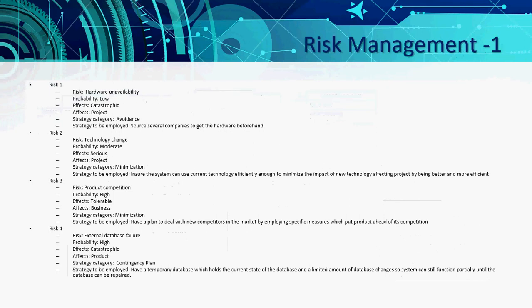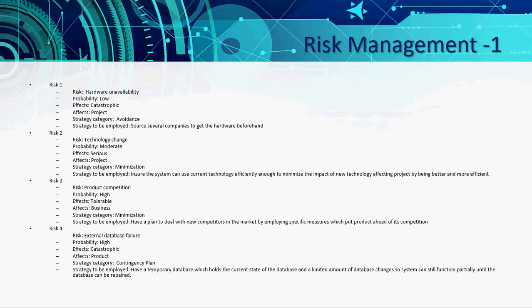Onto the risk management, we have several risks. The first risk that we will outline today is the risk of hardware unavailability, where the probability is very low, the effects are catastrophic, and it affects the project. One strategy category that we have chosen is the avoidance category,